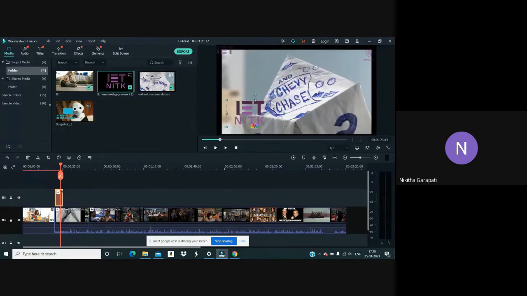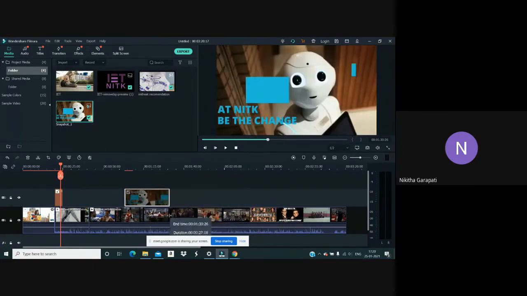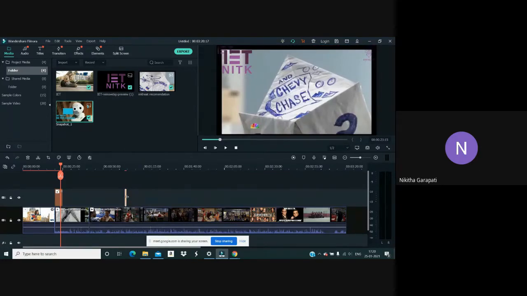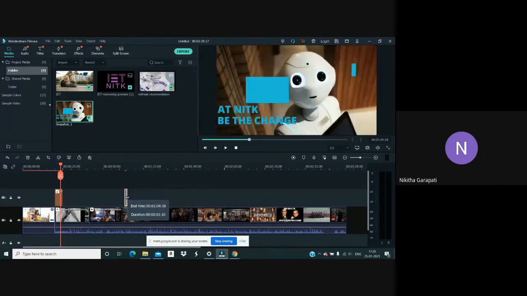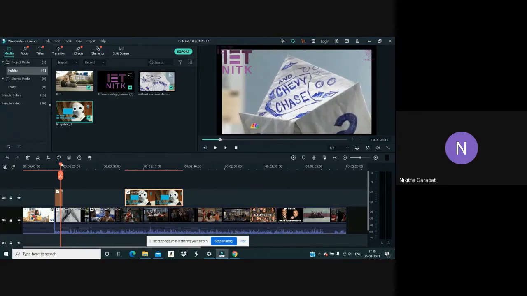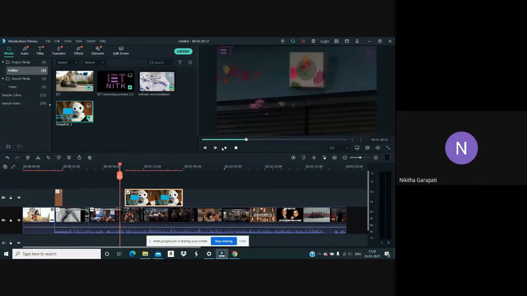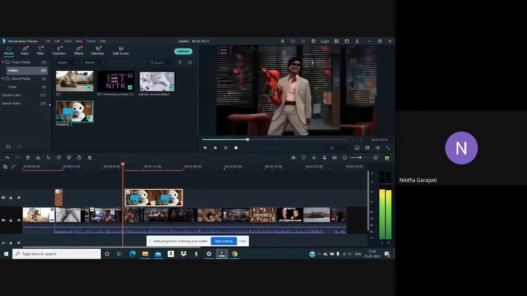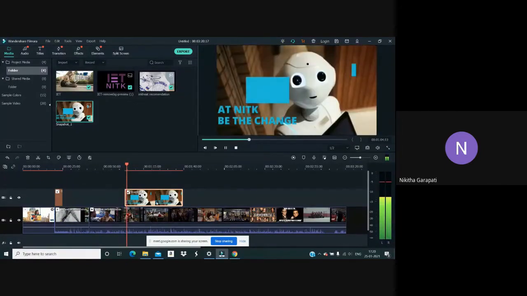Wherever you want it to be placed, you can place it. If you want to extend that, so that it stays on your screen for a longer time, then similarly to how we did for trimming your video clip, you can place the cursor and drag it to where you want. So now if you play the video, you can see only this part will get played.